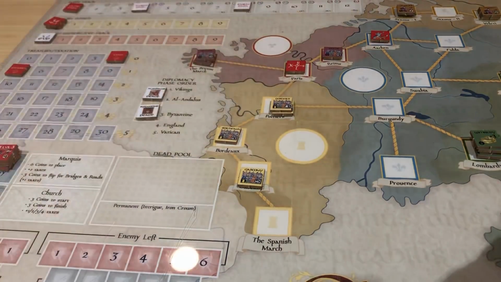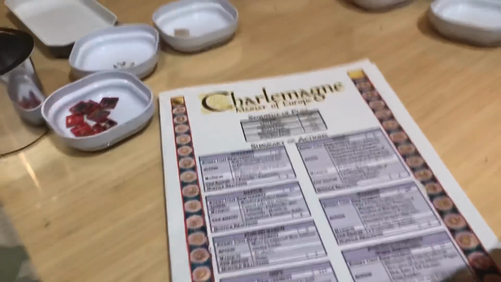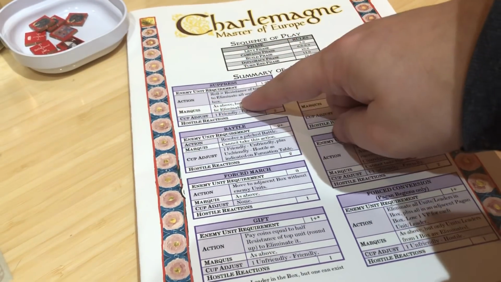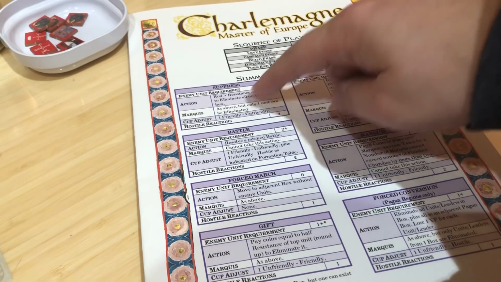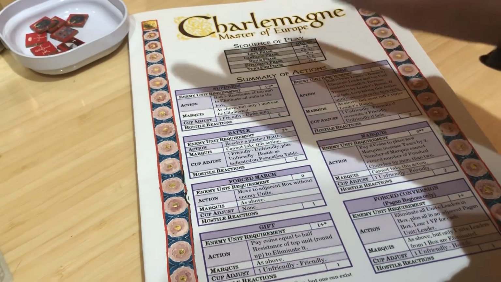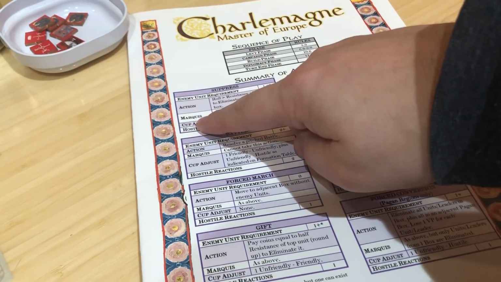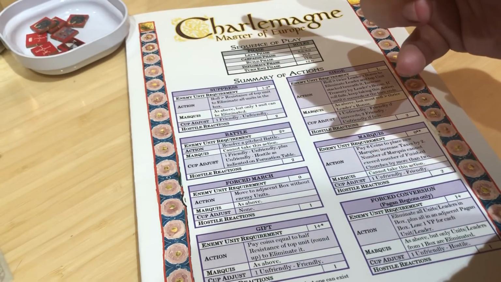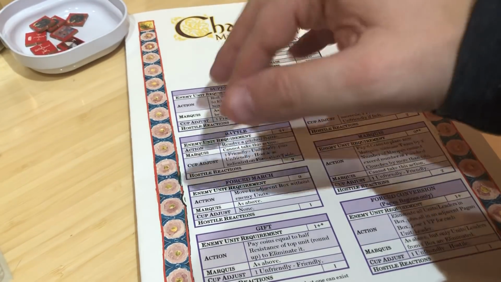Now, a suppression action, what it does is you roll a number, and as long as it's greater than the number that's on the top unit, just the top unit, you eliminate all the units in the stack. But if you do it with the Marquis, you can only eliminate 1 unit, not the entire stack. You see how it changes based on...